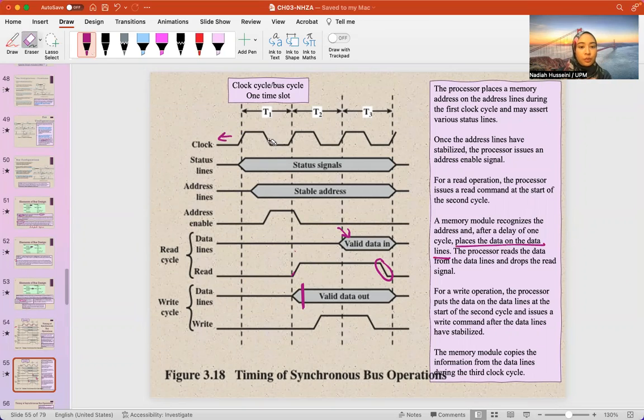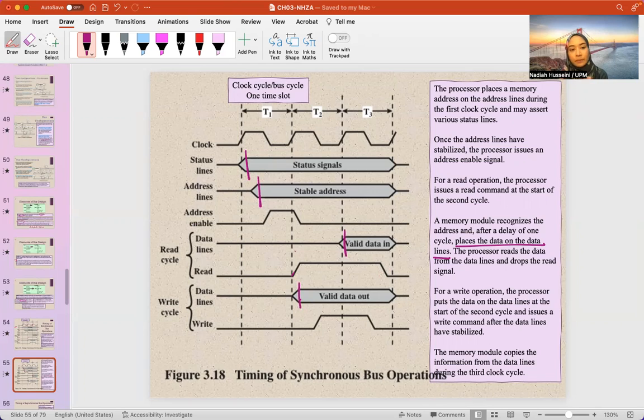Okay, and then we have two types of data here, not data. One is the signal and one is the data. Data can be in the form of address, or data can be in the form of data to be read or write. Okay, and then I also told you that when this data has a straight line, it indicates that it is